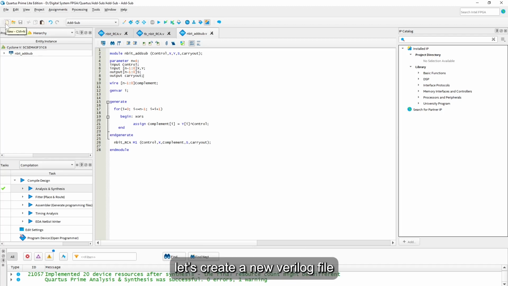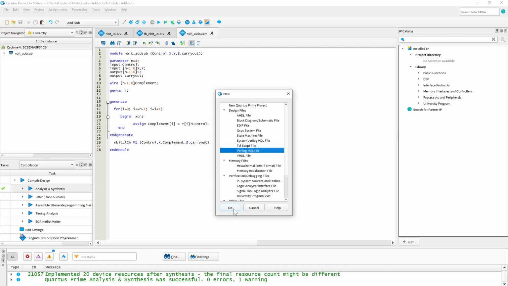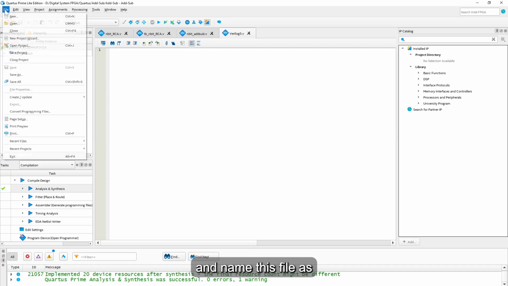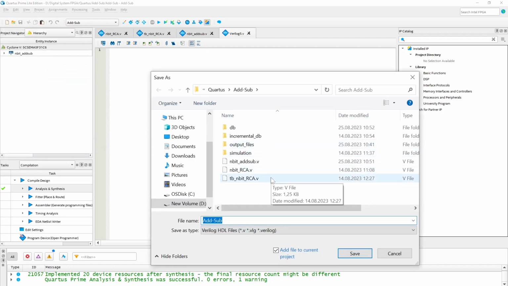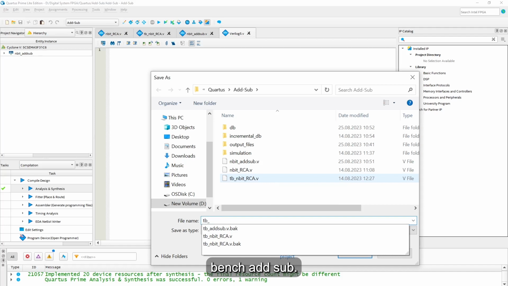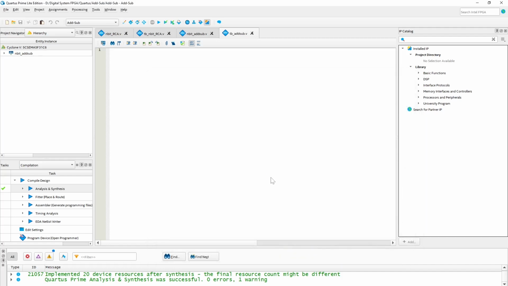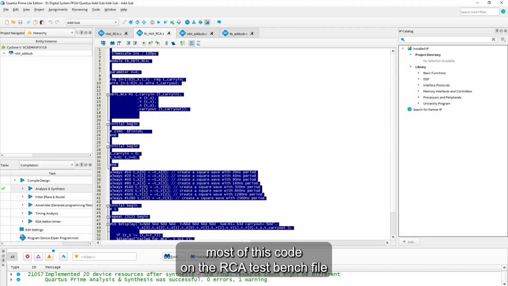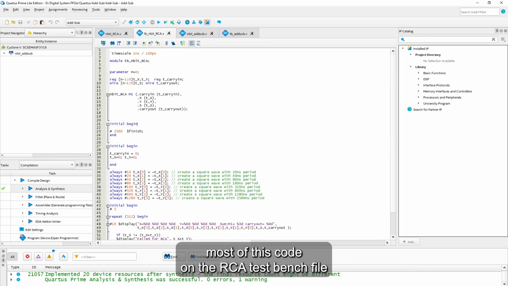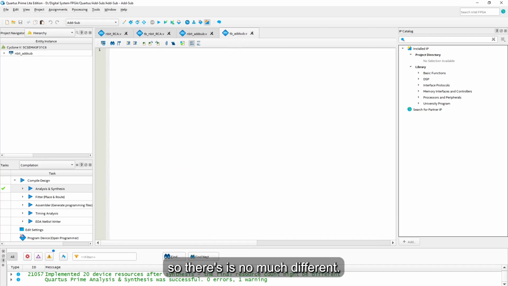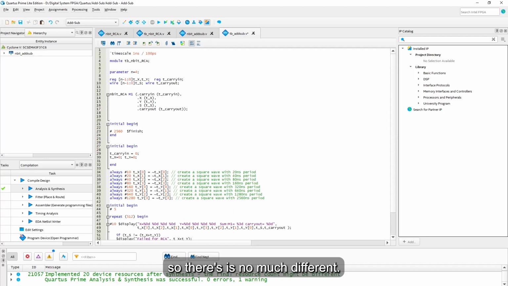So let's generate a new Verilog file, and name this file testbench add sub. We're gonna use most of the code from the ripple carry adder testbench file, so there's not much difference. We need to change here to testbench add sub,